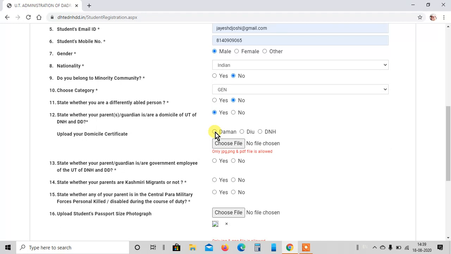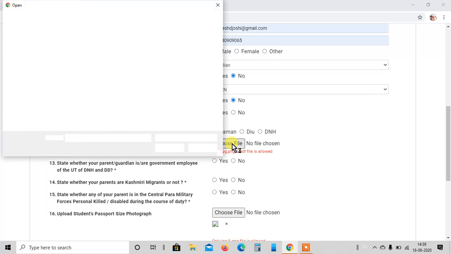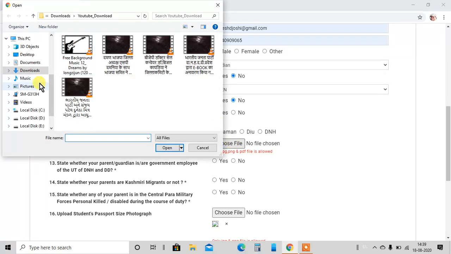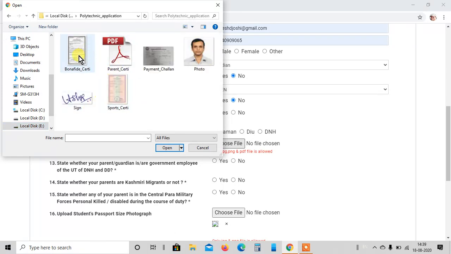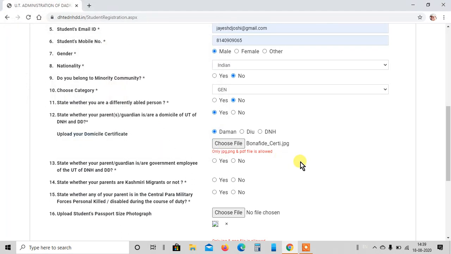Select the place where you stay and upload the file. Let us say this is the file. Whenever you upload the file, make sure that it is in the form of JPG, PNG or PDF. No other format will be considered here.